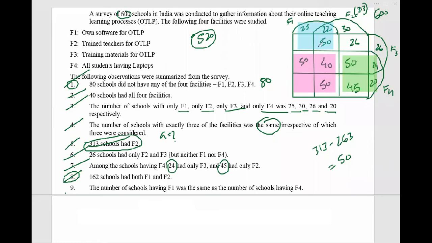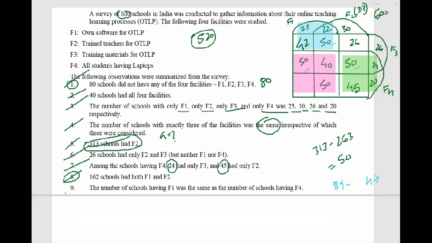I'm doing all this practice just to avoid variables and equations. What is this total? First of all, 50-50 cancels. I will not add them. 25 plus 22 is how much? 47. And this is how much? 50 ruled out. 45 plus 24 plus 20. It is 89. So their difference is 42. So this value is 42. Understand?